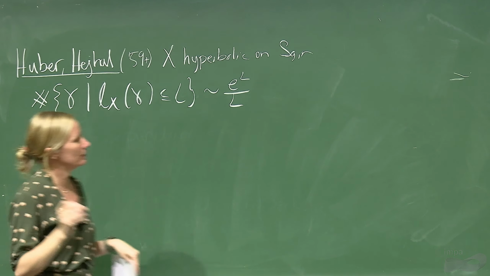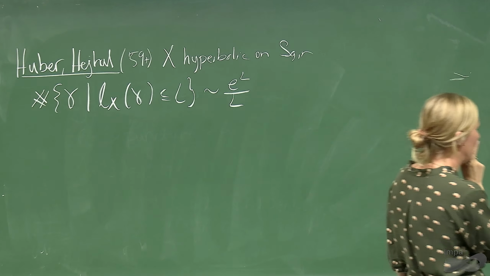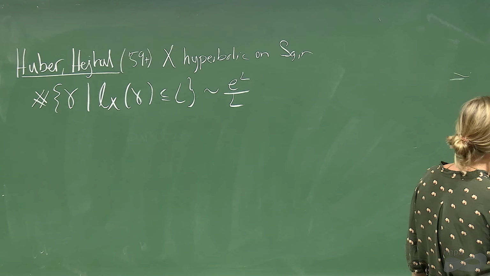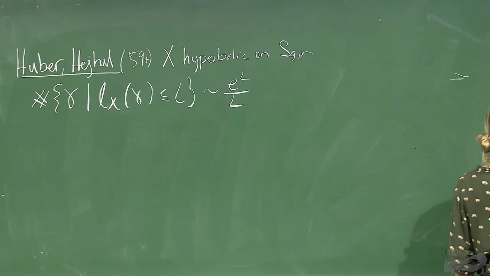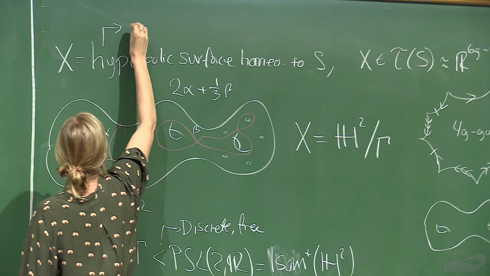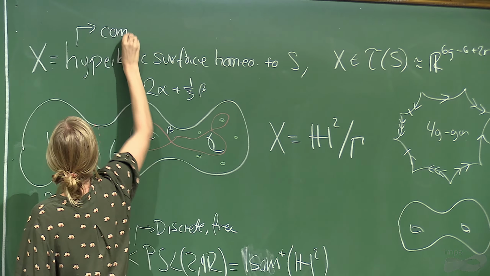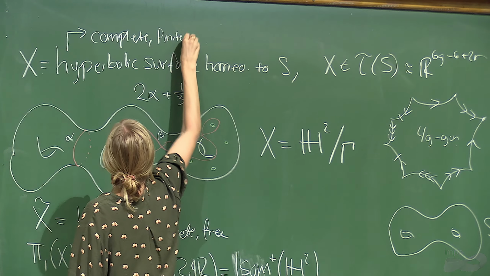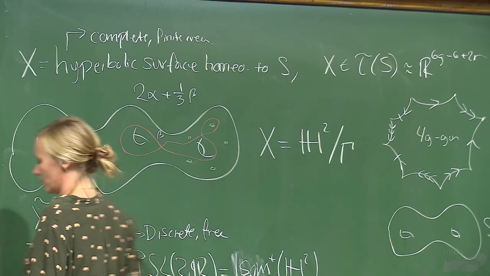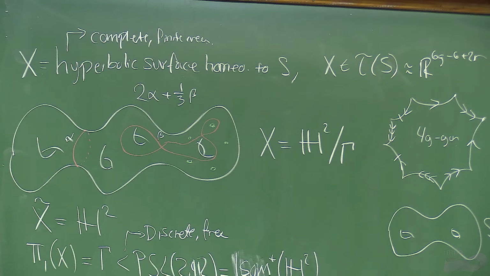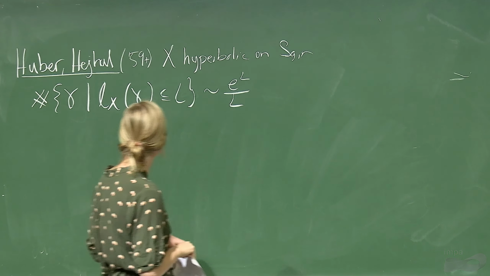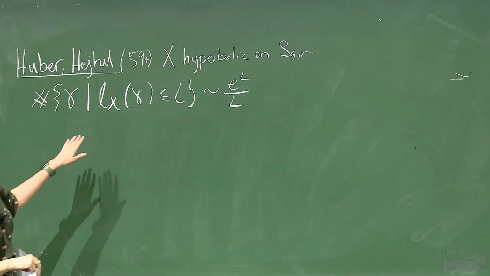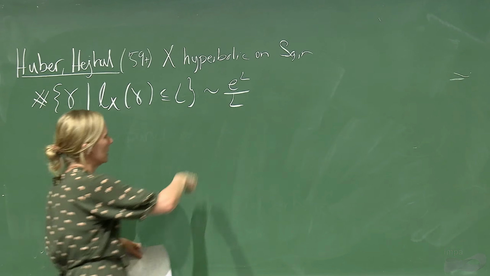Actually, sorry, I should have said this. I think maybe I said it, but I didn't write it. If I have punctures, my hyperbolic structure will always be complete of finite area. I will mostly talk about closed surfaces, so that wouldn't matter. But if we have punctures, like Martin said, we want them to be cusps, not funnels. So it has to have finite area. Okay. But anyways, this is asymptotic,